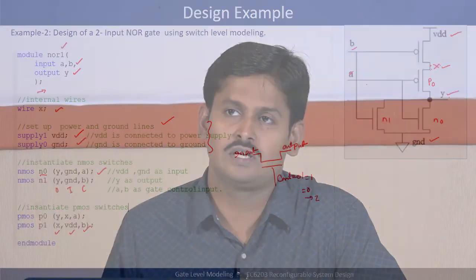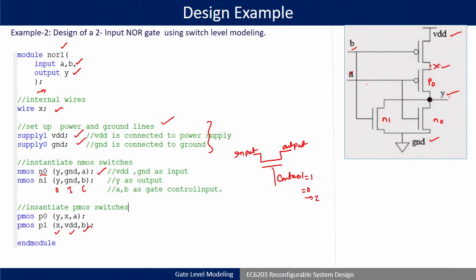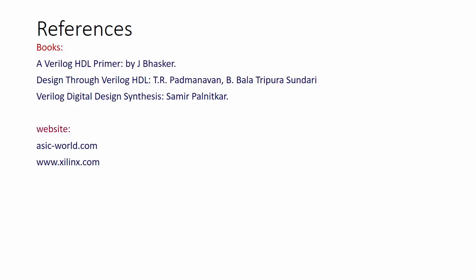So, by taking this type of approach we can design any switch level modeling, because here NMOS and PMOS act as a switch when the proper control signal is not given. So here we end the module called gate level modeling style. In this we have also tried to cover switch level modeling.